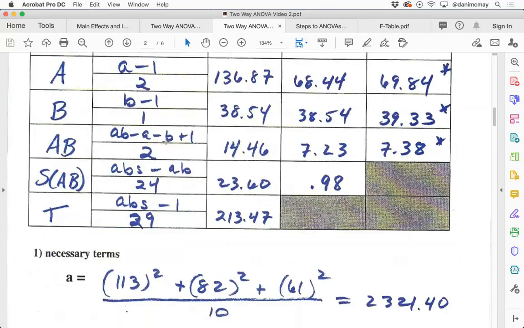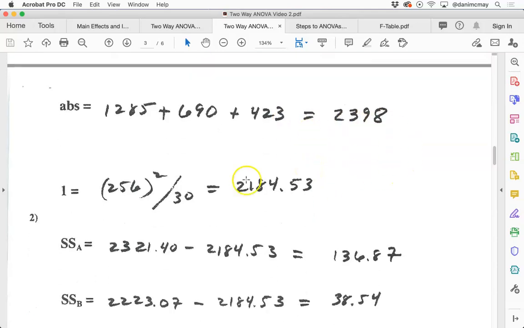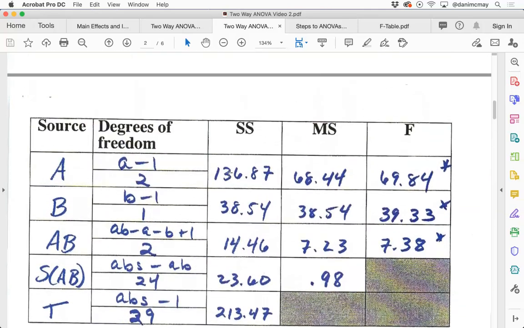1, 2, 8, 5. 1, 2, 8, 5, 6, 9, 0, and 4, 2, 3 is 2398. Okay, that's our ABS. And then our 1 term is the sum of all the x's added